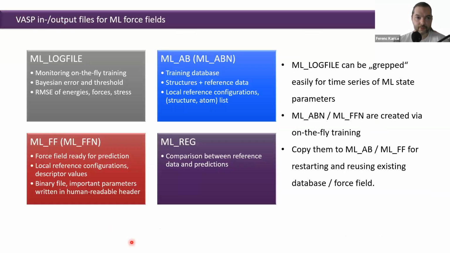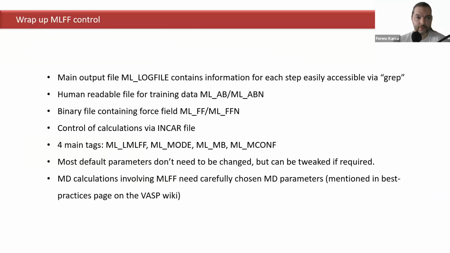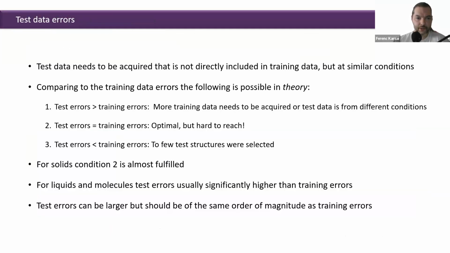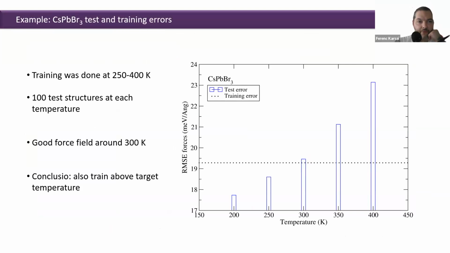So this, where is it? So here you can see this nicely. If I would, for example, want to have a force field at 400, I would possibly train here from 350 to 500. Problem solved. The problem is, if you wanted at 400, there's a phase transition, but then you take the phase transition inside. That's another problem.